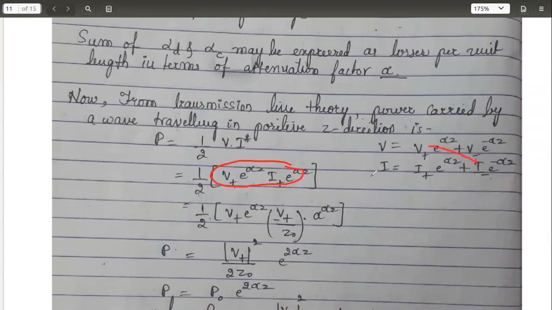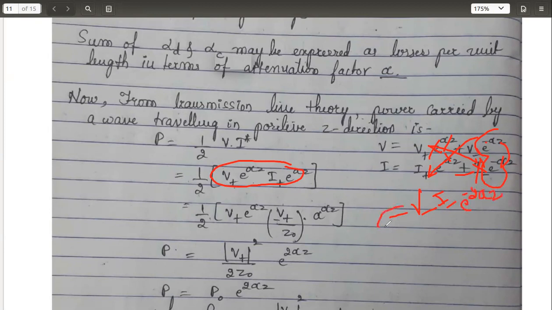Then multiply this term with this and with a negative sign, because we have taken I star. Okay, so it will be V plus I minus, the exponential term will get cancelled because one is plus and one is minus. I'm not going to consider that second term. Coming to this multiplication, here also alpha is minus and plus, so this term will also not give me an exponential term, so even I am not going to take that also. Coming to the fourth one, fourth parameter, v minus I minus, both are e raised to minus, you can see minus v minus I minus, fourth term multiplication e raised to minus 2 alpha z.